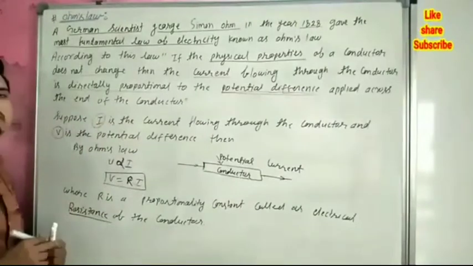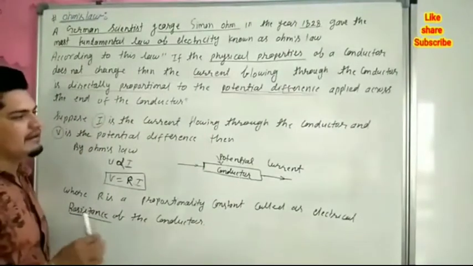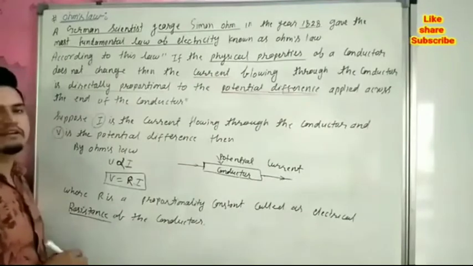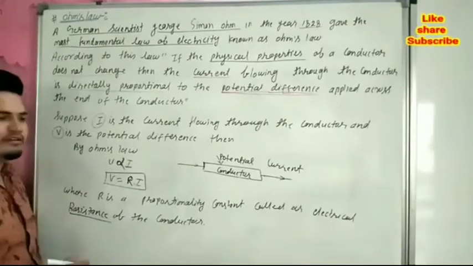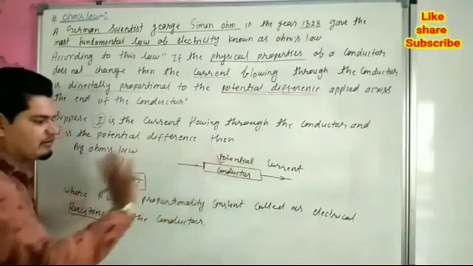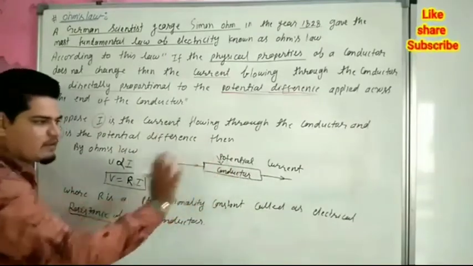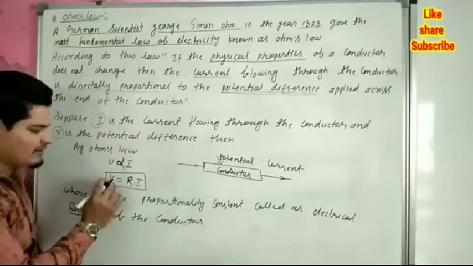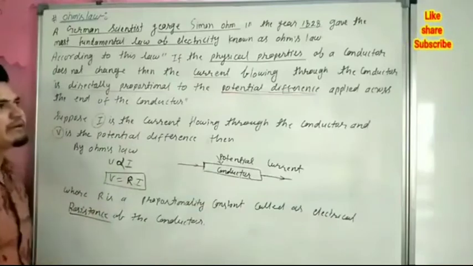So it is very easy. You already studied this in 10th class. Now you have to study Ohm's law again. Ohm's law says current is directly proportional to potential. We can remember it as V equal to RI. Now you can write the electrical resistance.